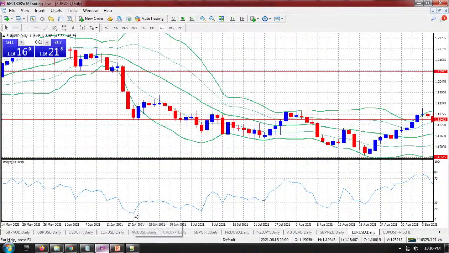This is below 20, so it's already at the oversold level. So you can see, if I take a trade here, it came up. So I can use this to checkmate my positioning before entering. Okay, let's look at another one before we call it a day.